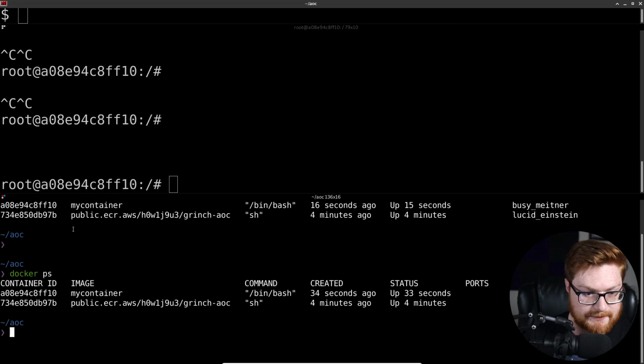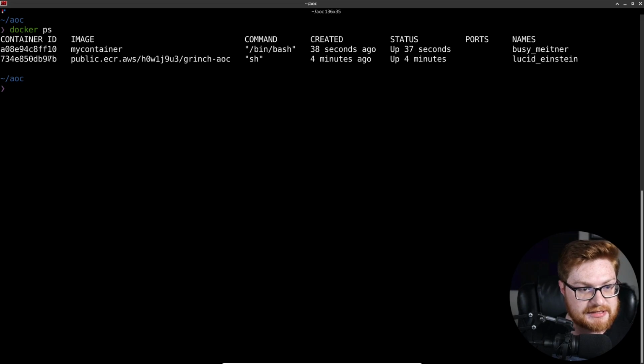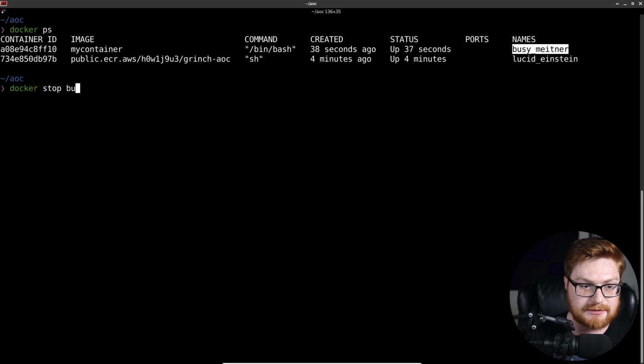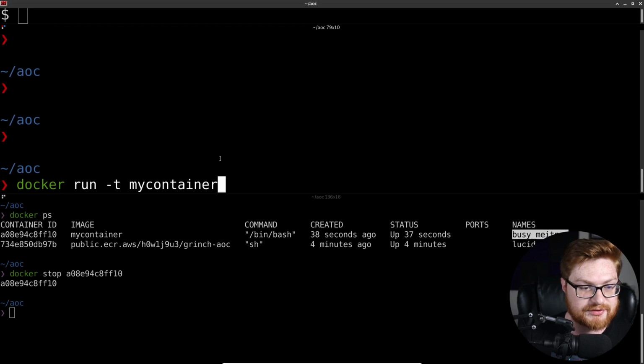Here we go. I'll also full screen this so it's easy to see. Given a container ID and an image, also a name, we could try to docker stop by the name, busy, or even the container ID, A0, blah, blah, blah. And that will try to stop it. As you can see, that has closed that session or the Docker container that I was running up there.